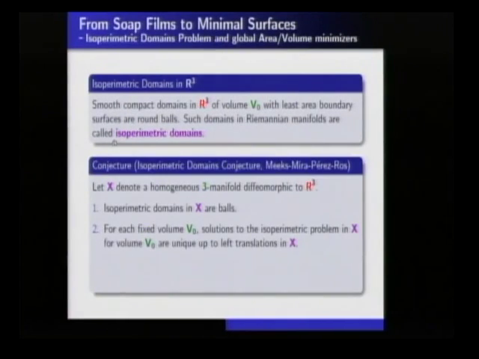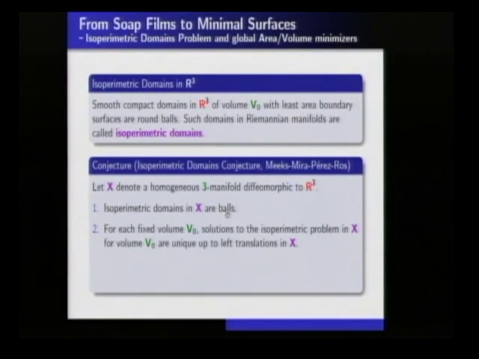Okay, so as we progress through the course, I'll probably be talking about some examples of what are called homogeneous three manifolds. A particularly nice collection of them are the examples where you're diffeomorphic to R3. So we have R3, we have hyperbolic space, and it turns out we have lots of other homogeneous three manifolds. We can take the three sphere, for example. We have all these different ones, but I'm going to focus on the ones that are R3. Okay, so we have a transitive group of isometries.